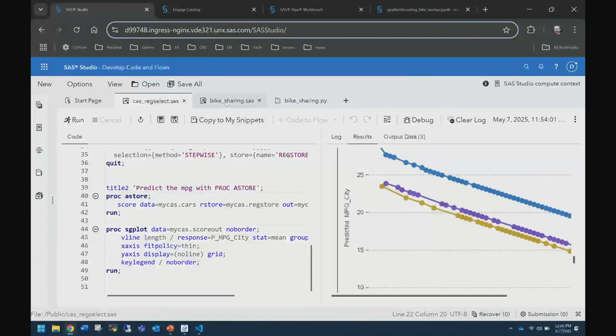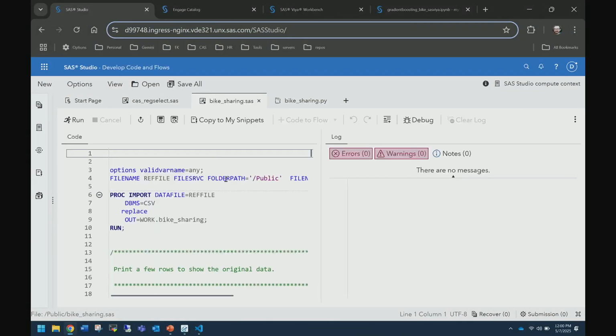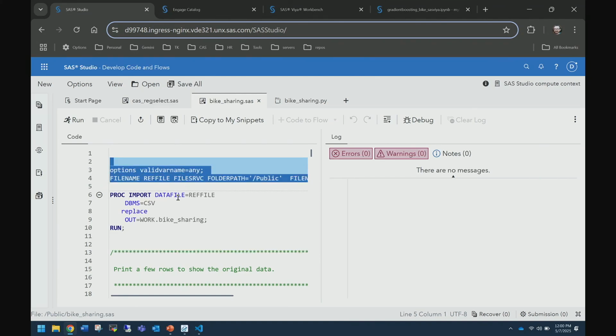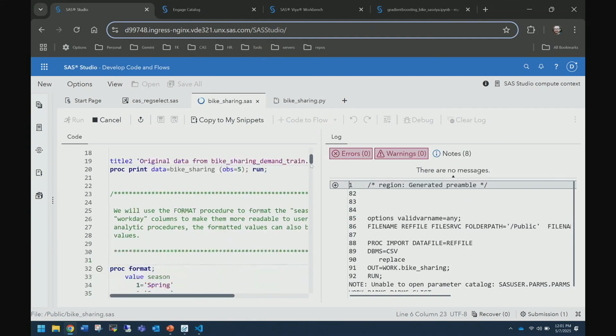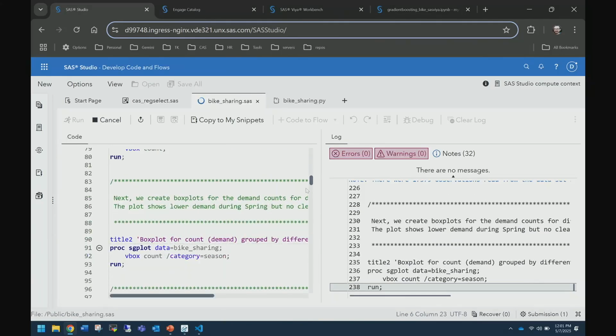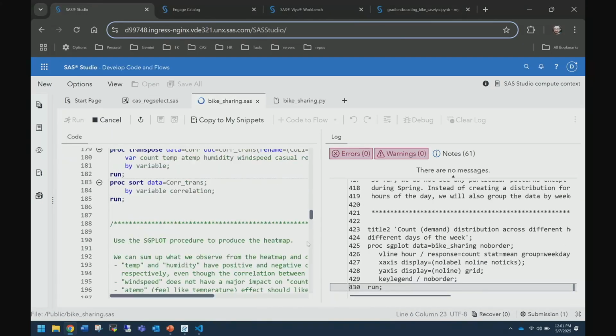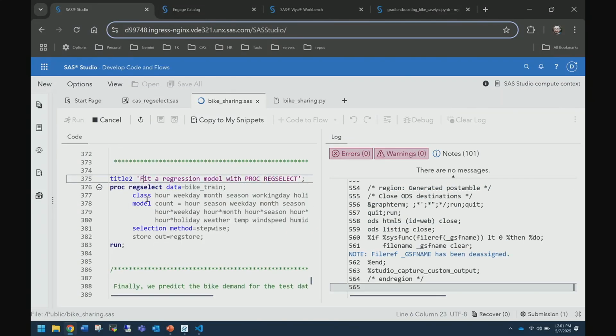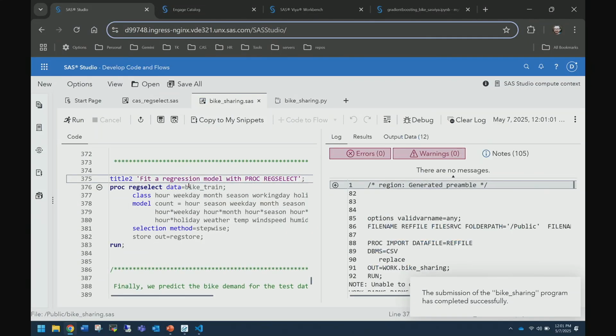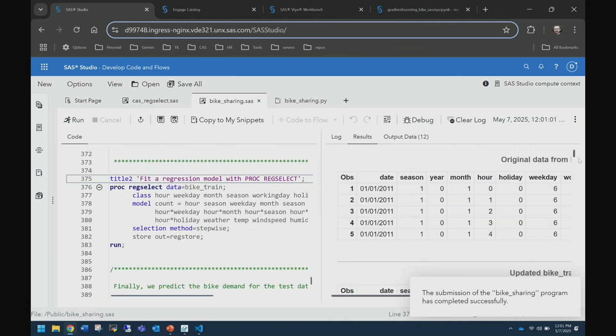So here I jump back. Here I'm back on a VIA cluster. I'm in SAS Studio. And this program, I just did a copy and paste of that Workbench example. It's that bike sharing company example. And if I run this, you can see this is the exact same code that I was running in Workbench. And the key here for our VIA Analytics example is the proc reg select that it's running.